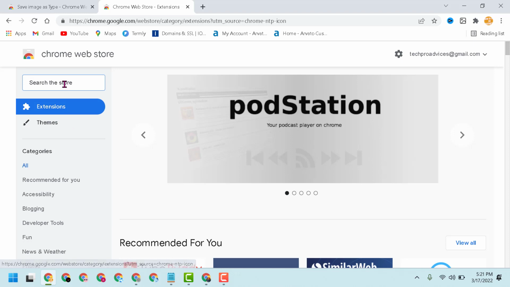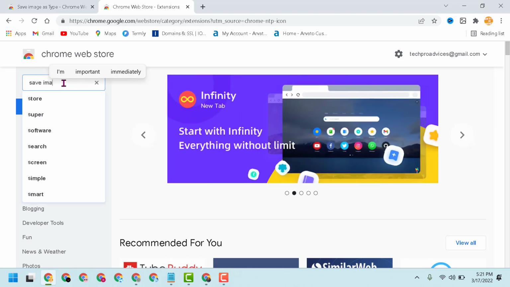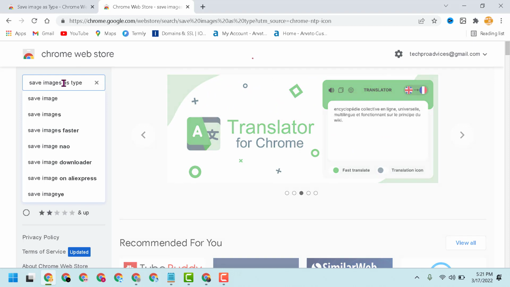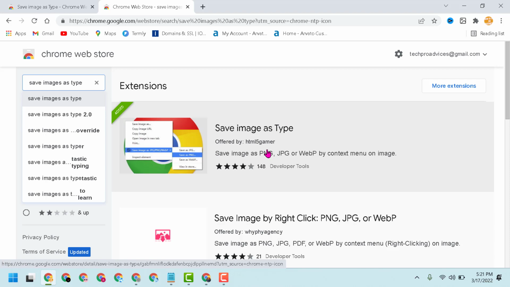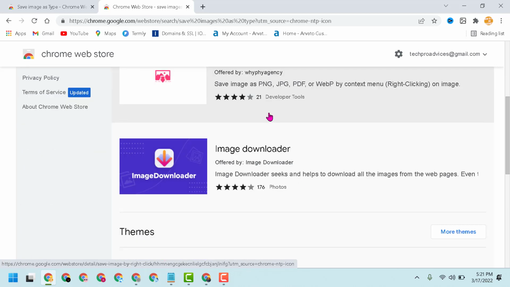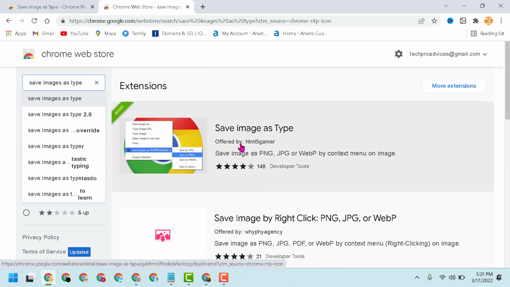Now here search extension save images as type, then press enter. Here guys you will see option and extensions save images as type, and there are some more extensions. Select this first one,